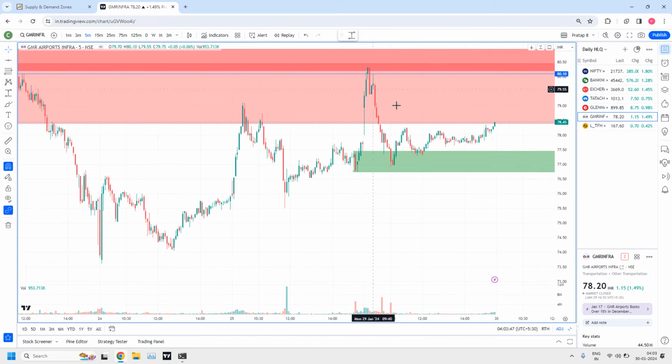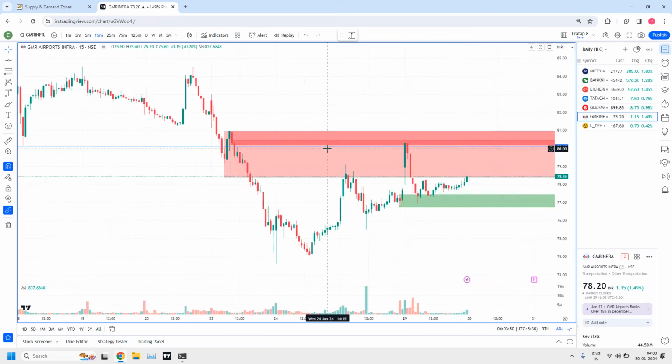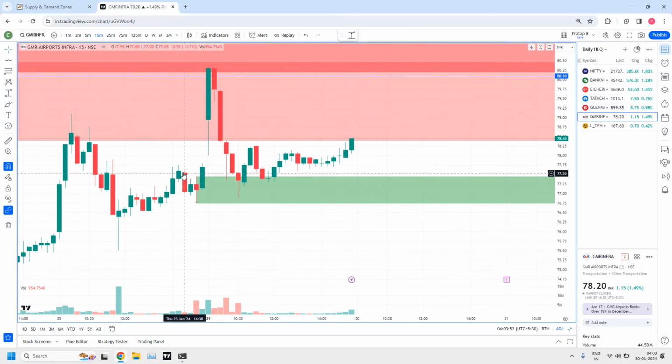And prices entered and reached the 15 minutes. Let me change to the 15 minutes. Here we have a drop, two base candles and a rally candle. So this is the way it reached the target. And that way GMR Infra has given a profit